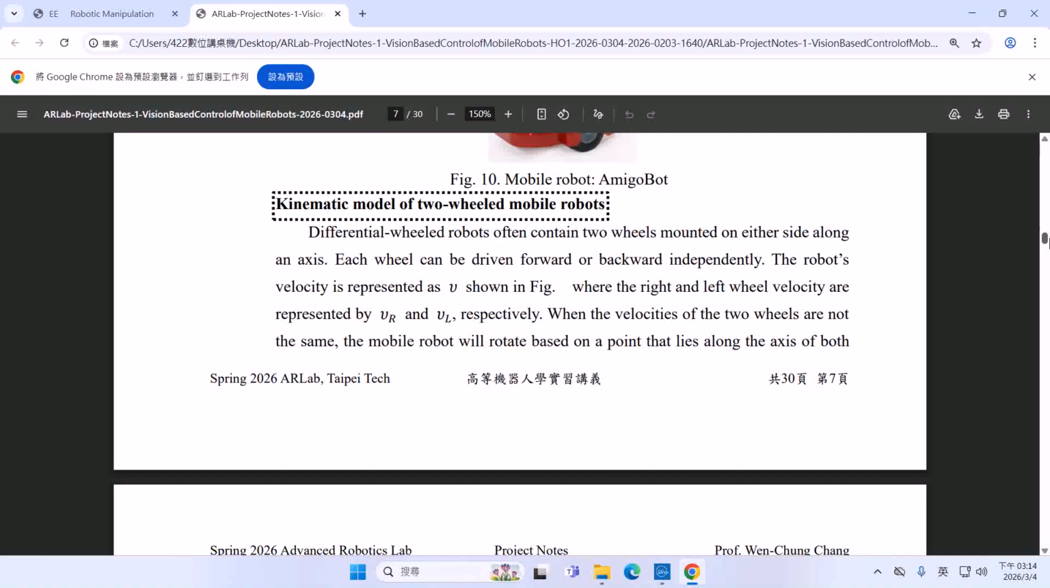You are going to do experiments using the mobile robot, based on the image projection, image observation of the ceiling cameras and also the onboard camera. The onboard camera is eye in hand control. The ceiling camera is eye to hand control. Right. So you need to